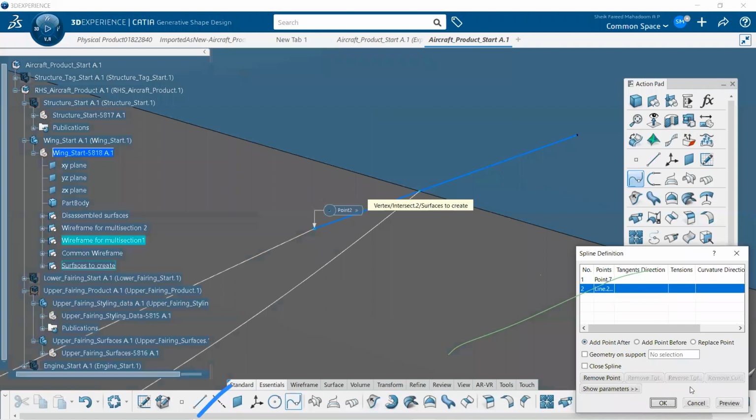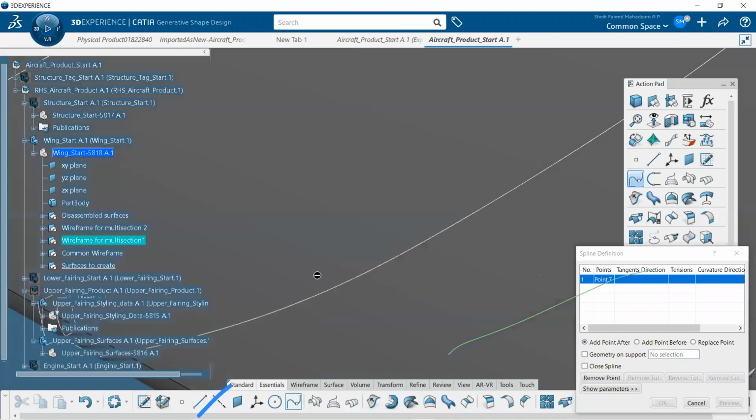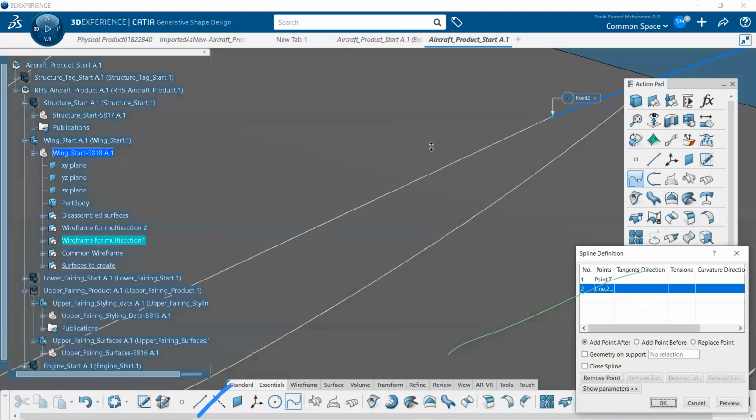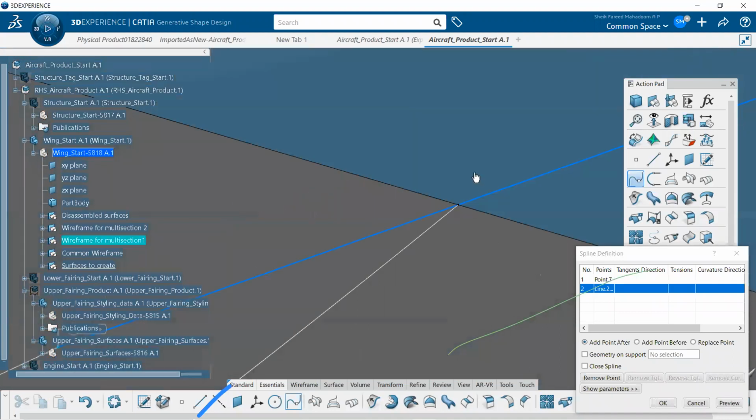Sorry, spline. The spline, then point over here, point over here, zoom in, select the point over here. 3 points selected.